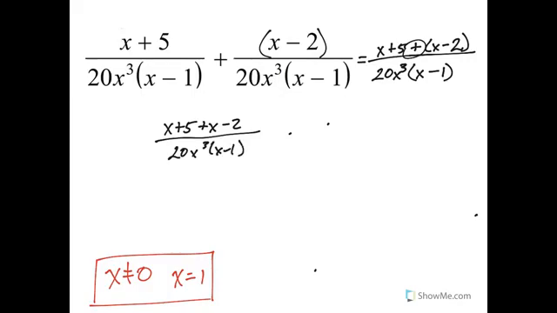Okay, we're going to combine our like terms. The x's do not cancel. They become 2x. The 5 minus 2 is 3. And then our denominator